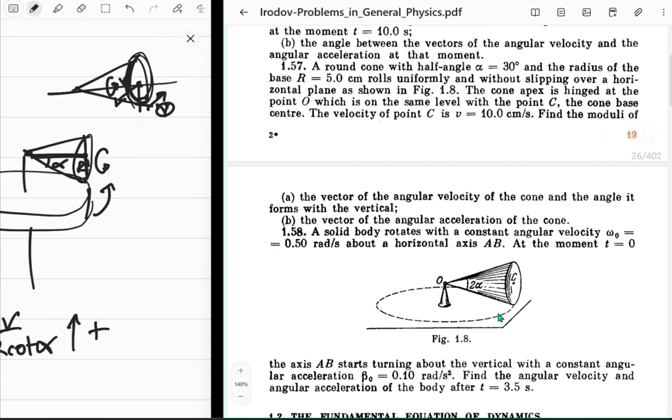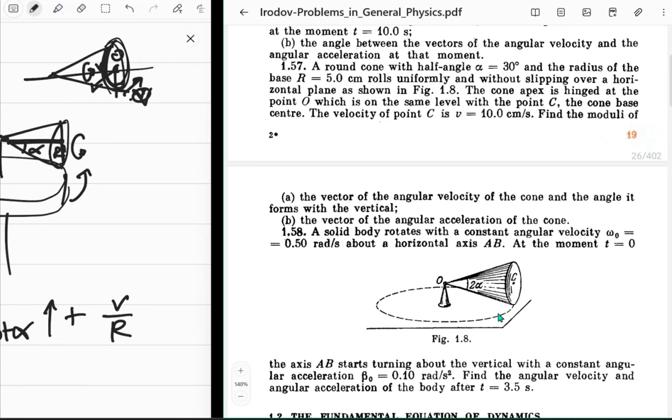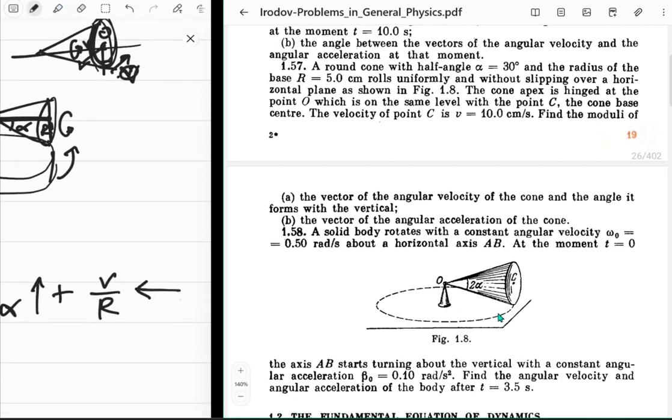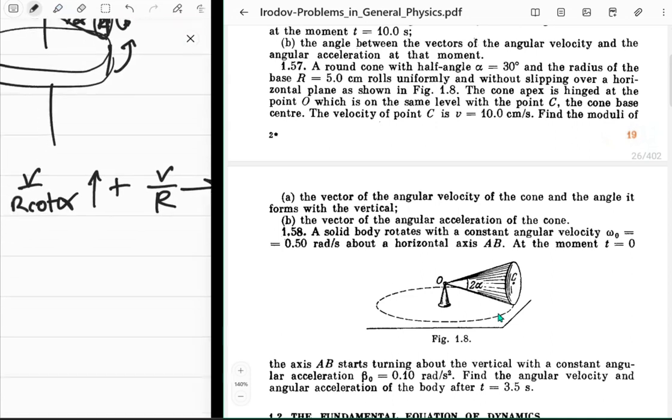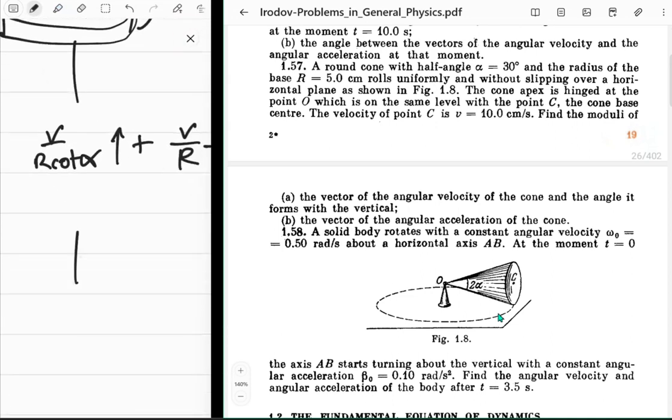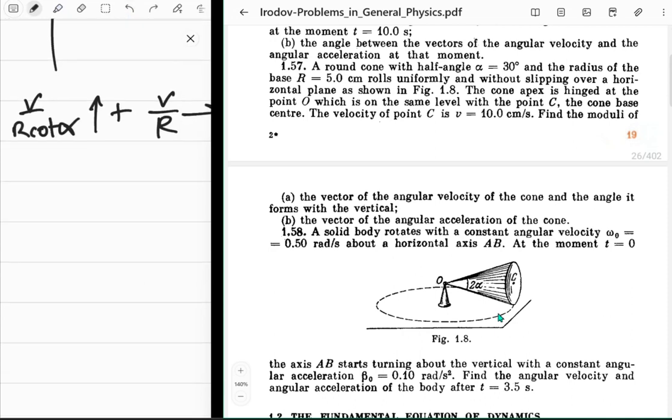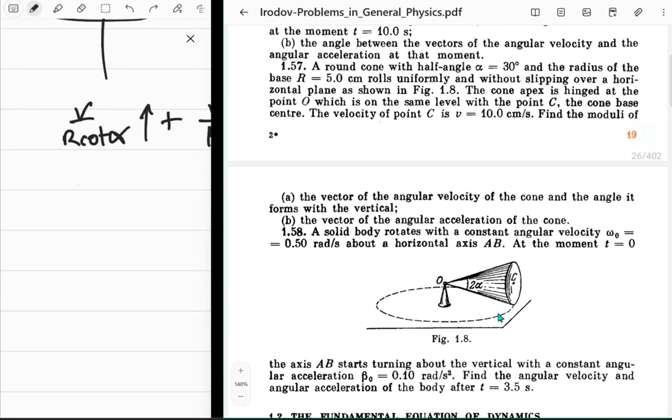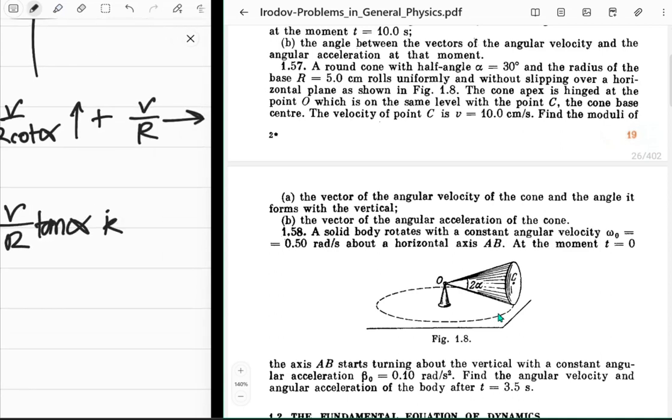Or maybe in this frame, this would be 0 and this would be V. That would make sense. So V upon R, should we think? V upon R, that's the omega, but in this direction. No, sorry, the opposite direction. Now we are ready to do it. So this will be in that direction, of course. Cool. So upward direction, call this k hat, will be V upon R tan alpha k hat, and this is